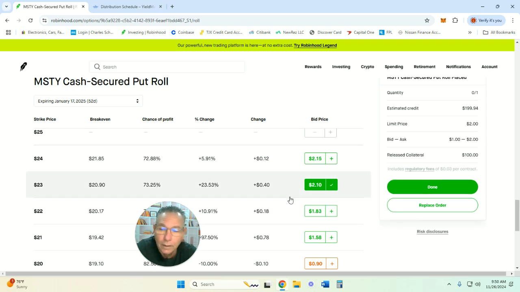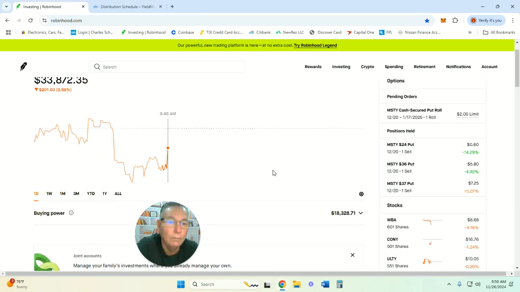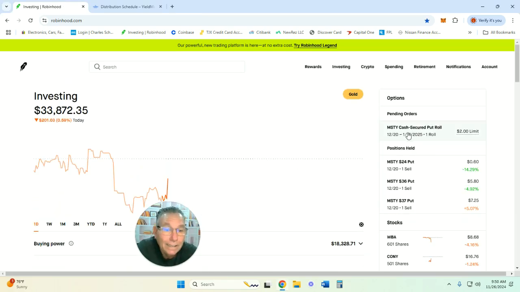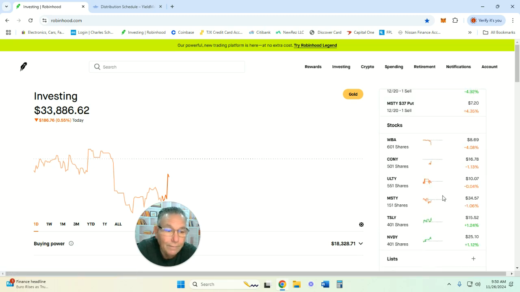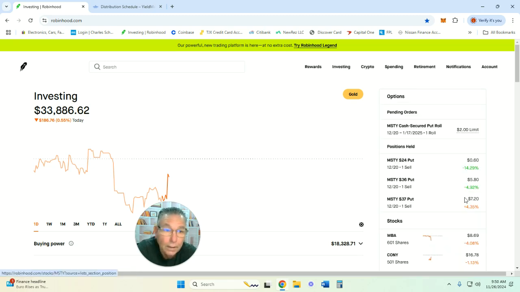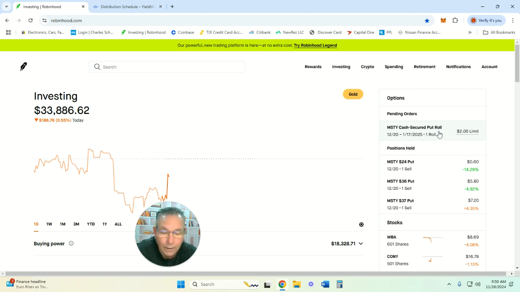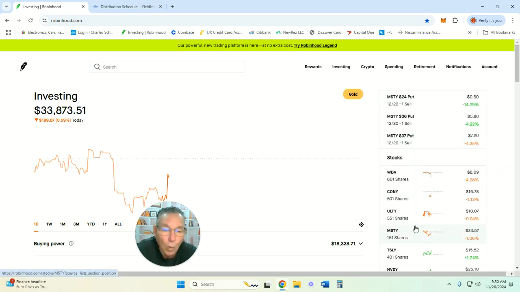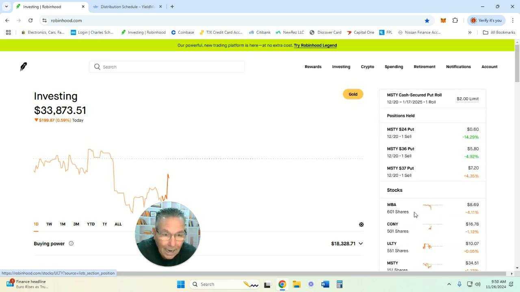We moved the option. The put, we moved it. So now, let's go back over here. Misty, cash secured put rolled to January 17th, right? And they're going to pay us $200 if it triggers. Now, if Misty continues to go down, that's going to trigger, and that's fine, all right? Remember, I'm going to do these options with Misty only, okay? I'm going to do this anchor system with Misty. Now, if she comes down, then we'll get the ones in the bottom, and we move them.